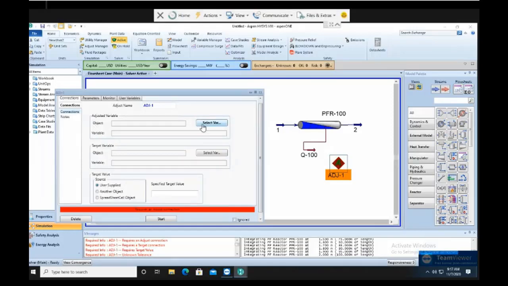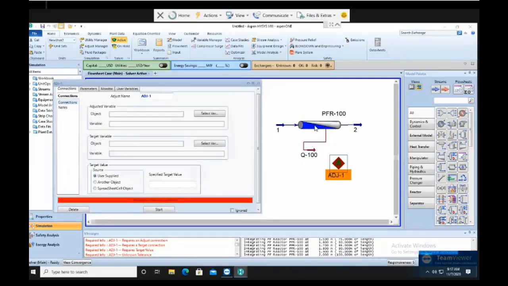So we select the variable. The length and inner diameter can be changed to achieve the goal of 40% conversion. So the conversion of your reactor depends on your size, for plug flow. When you do your design, if you were to design your fixed bed or fluidized bed, make sure